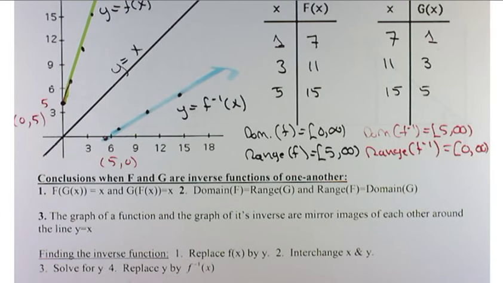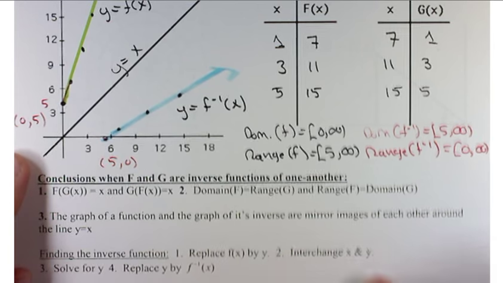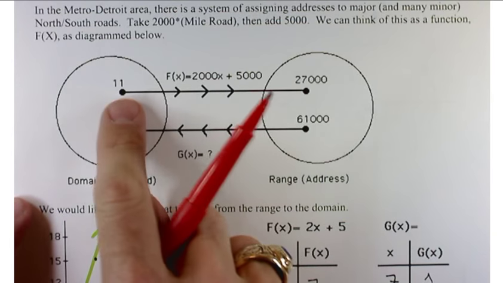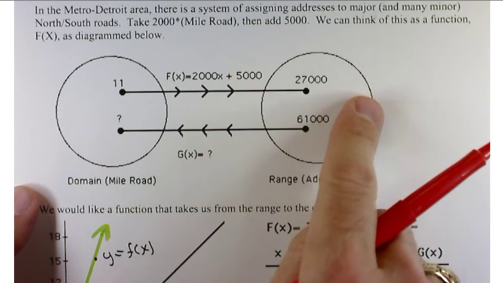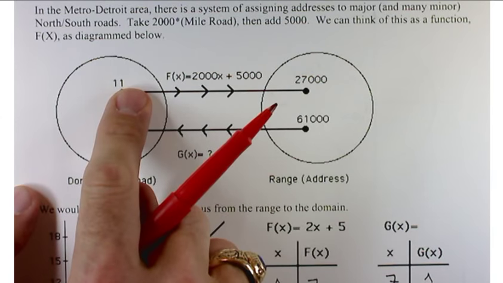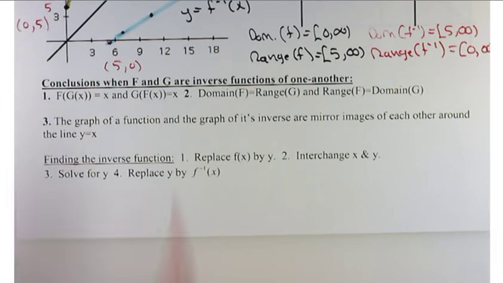Finally, and maybe we'll look at this when we start playing around with some other things. If you do one of the functions and then the other, you're going to get back to where you started. So for instance, if I did f of 11, and then I did the inverse function, it would take me back to where I started. And that's what's happening down here with this third thing. So that's kind of some background on